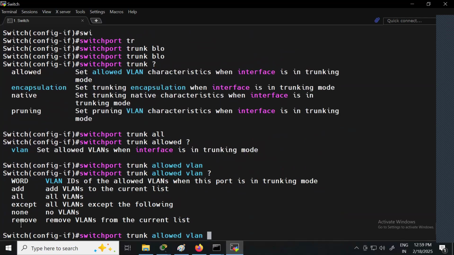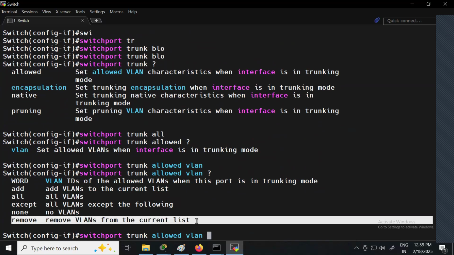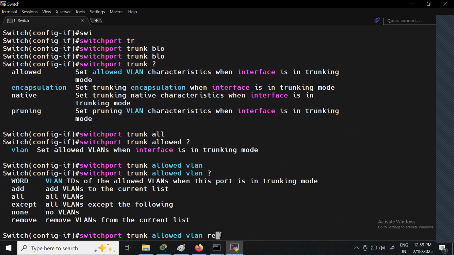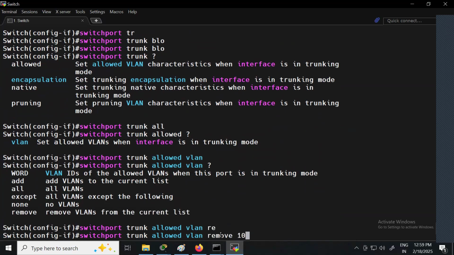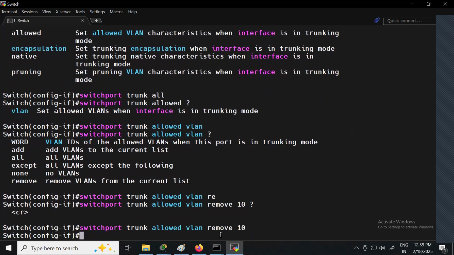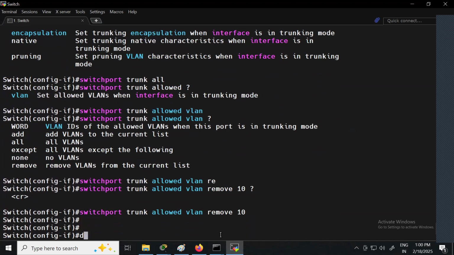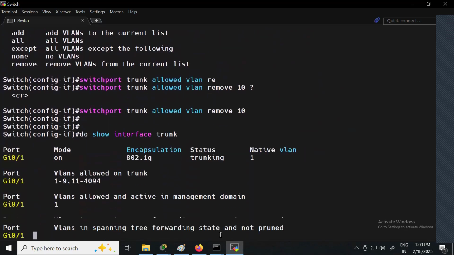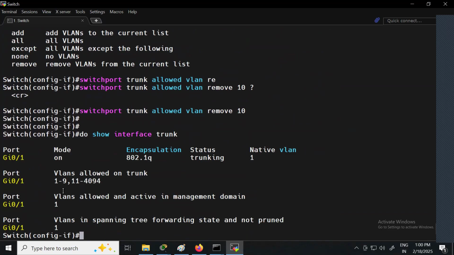You can remove any VLAN that you don't want. Let's say remove, so this VLAN 10 will be blocked. Okay, so show interface trunk, and you can see the same thing there.